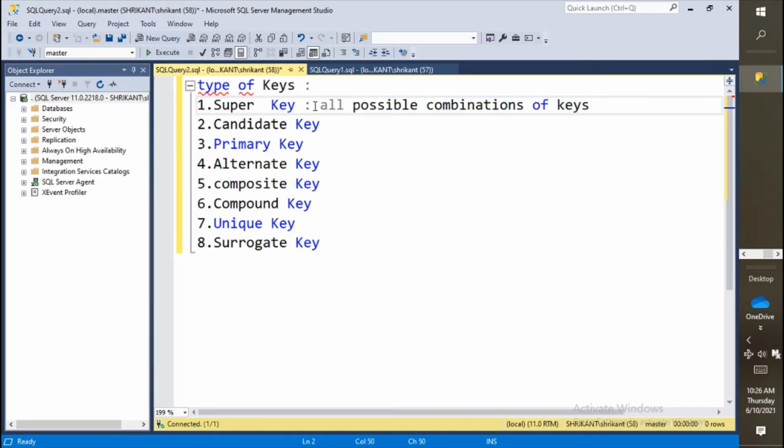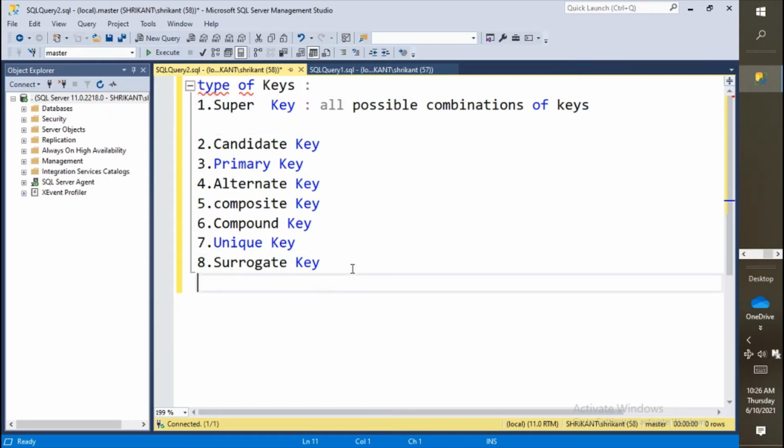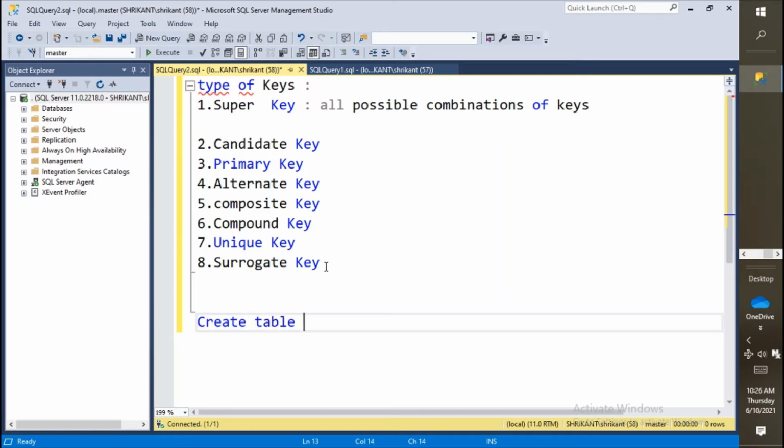For example, I'm having one table, just for understanding purposes: create table keys.